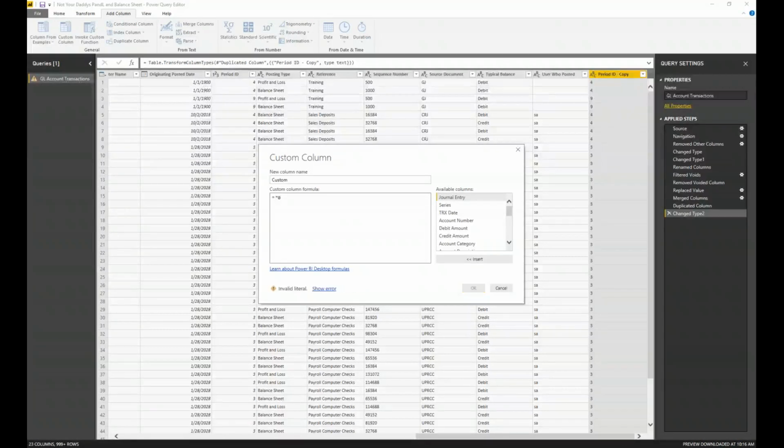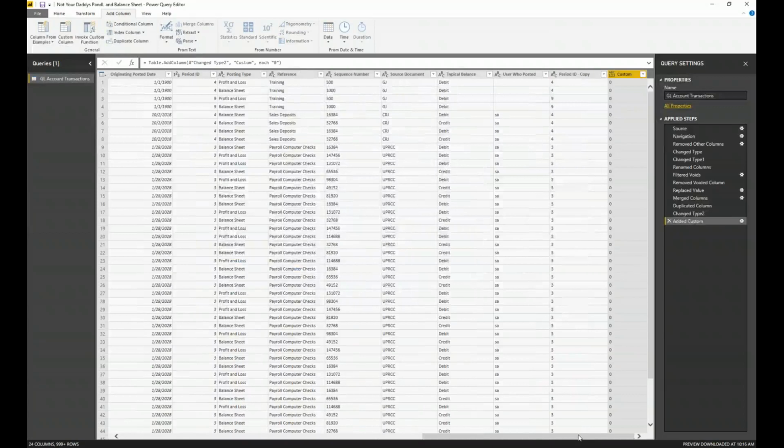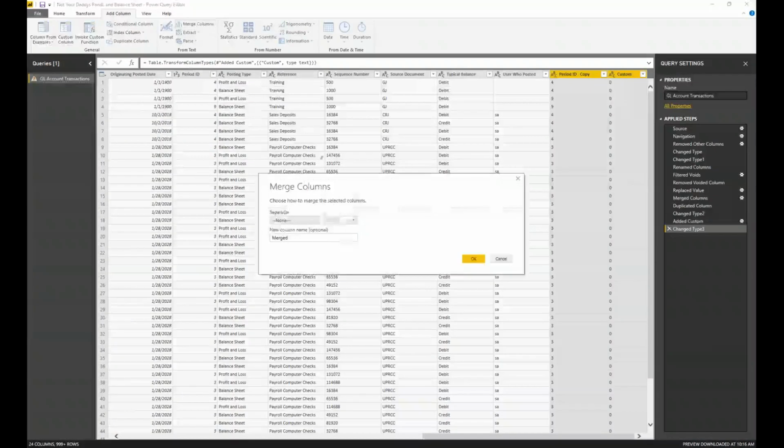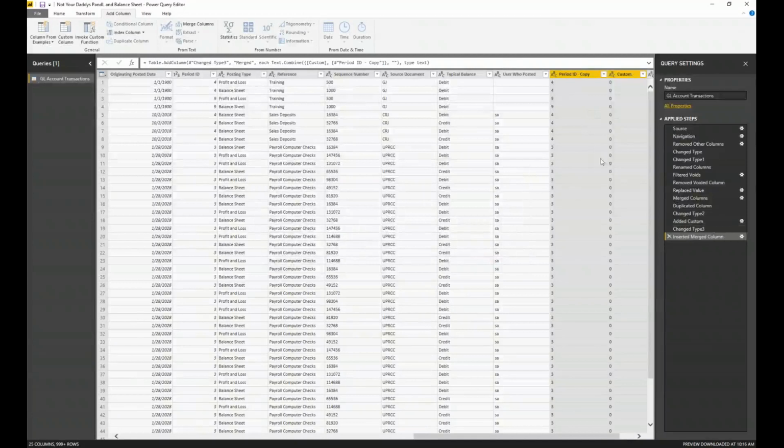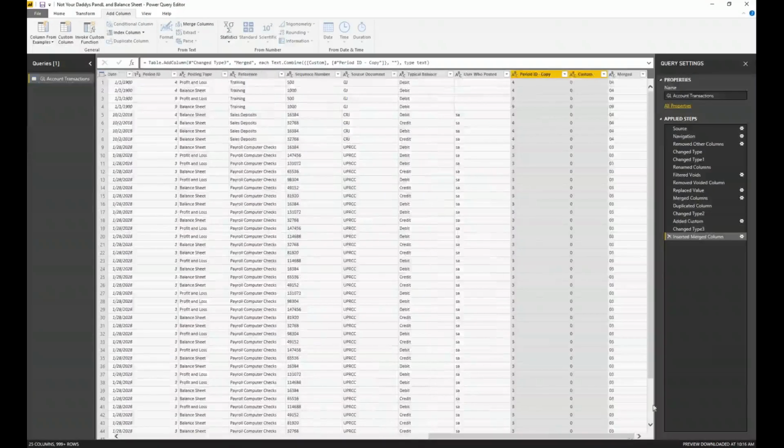I want a 0 to appear in that field. So I'll just put it in double quotes. I'm just going to leave the name custom right now because I'll be getting rid of it. And I'm going to set this to a string again. So now I have a 0 and my period. Now you have to select these in the right order. I'm going to do custom and period ID. And then once again, I'm going to merge these and I'm not going to put anything in between them. And now I have a 0. There we go. I have a 0 before my merge field.